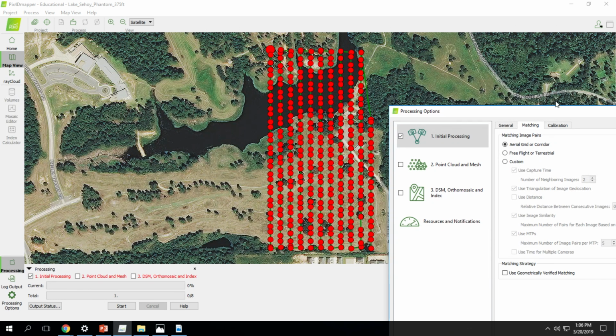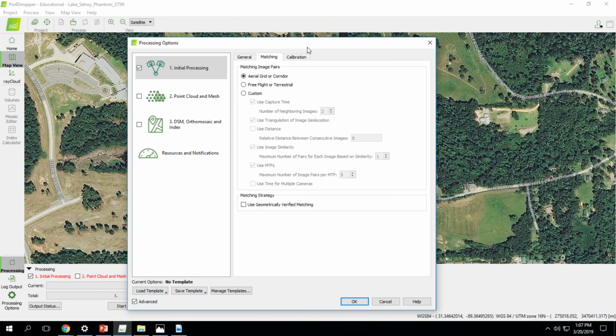That's actually what makes it go faster, is choosing that. If you don't have any GPS information, you should not choose that. Also, if you choose flight or terrestrial, it'll still use the GPS. It won't also use the flight pattern as anything significant. If you don't have that information, you can choose custom. Custom is what we had to do in our reconstructions, and if you have any other thing where you didn't have GPS information, you can actually select distance if you want, but we use GPS for that. So capture time is good if your camera has it, which is what we did on the coral reef,